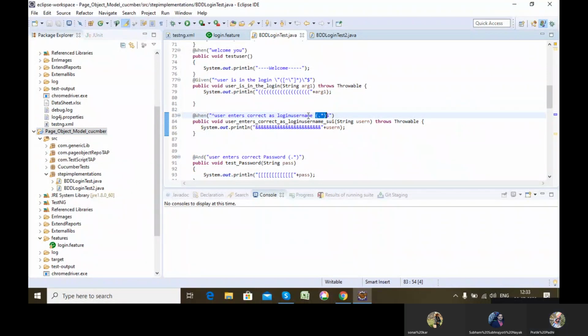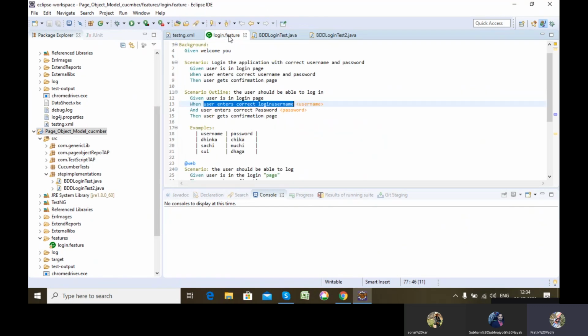It is a generic one. Or you can write this particular symbol, so it will correspond to a single string character. Optional. You can use this or you can use this. So once you use this, you see this is a parameter which will be taken from this data table.